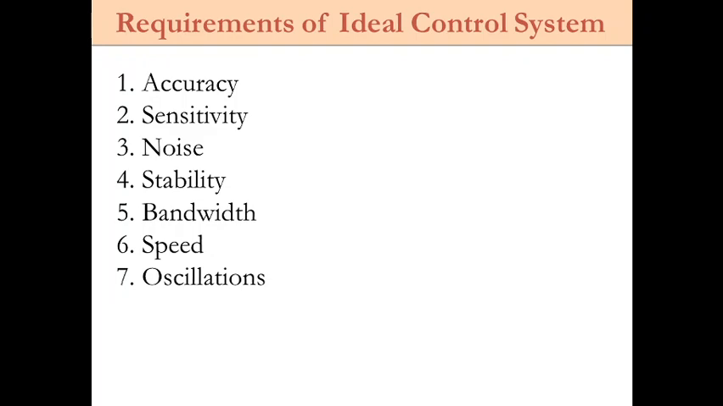Then the second one is sensitivity. Sensitivity requirements play an important role in the design of control systems, because all physical systems have properties that change with the environment and age. Whatever parts you consider for designing may change with the environment and age. That is the reason why the parameters of a control system cannot be considered constant over the entire operating life